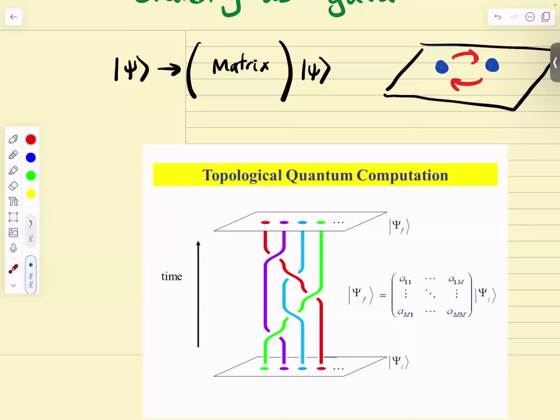Actually, let me first do it next to each other. When I want to do a gate here, I want to do something to them. What is hard is that noise is going to appear. Noise is going to mess up things. But the genius is this: noise is local. There might be some crap going on here because these degrees of freedom are happening here, right? But when you separate these two by long distances and you just rotate this or swap them in space in large amounts, it will take a conspiracy of noise to ruin your data because noise is local.